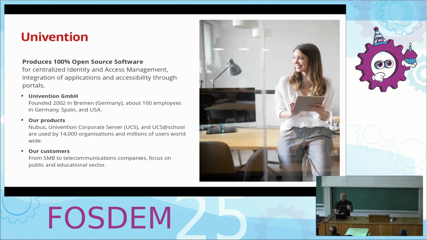Just two words: Univention is a small company in Germany with developers from Spain, the States, and, well, Germany. It produces an IAM, all open source, all AGPL v3. While it also works in small and medium businesses, our target group is mostly the public sector